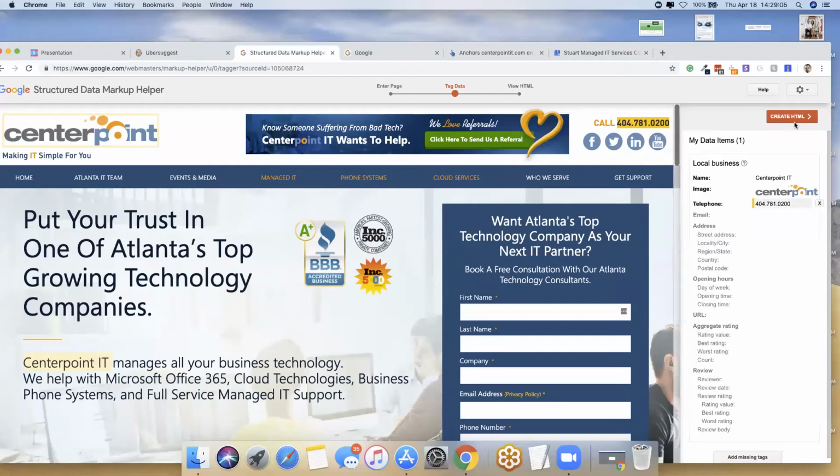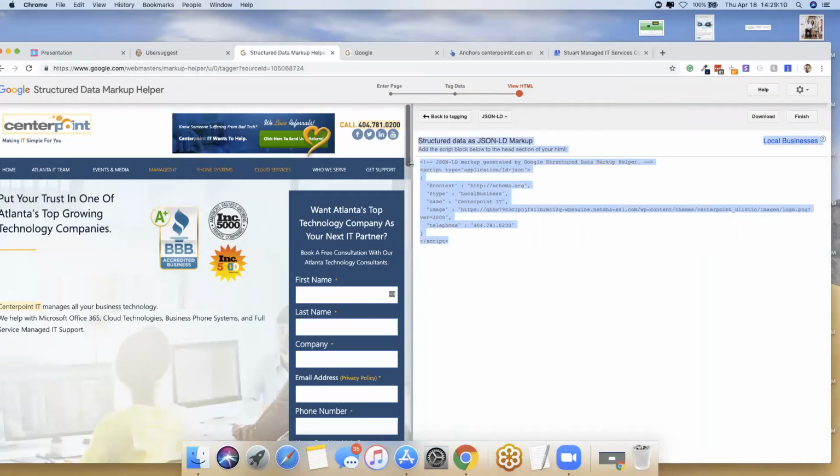And you do all that, and then what will happen once you get all that done is you create the HTML, and it'll give you this code right here that you give to your website developer, and you have them put that into the HTML or the PHP of your website, so that Google has the schema markup language now on the site. So when the bots come through, it reads all that, and they can tell that Centerpoint IT is a local business. Here's their logo file. Here's their phone number. Obviously, you're going to do more, but that gives you a quick introduction to how all